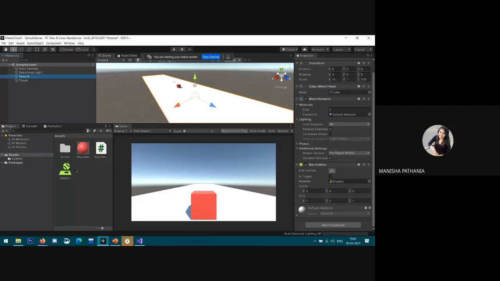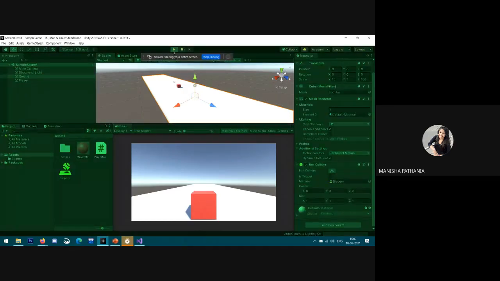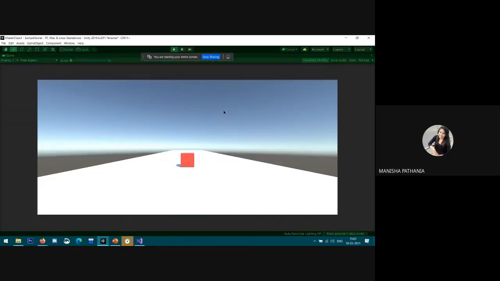Now when I click on play, it's gone smooth. With the help of that physics material, it goes smooth.